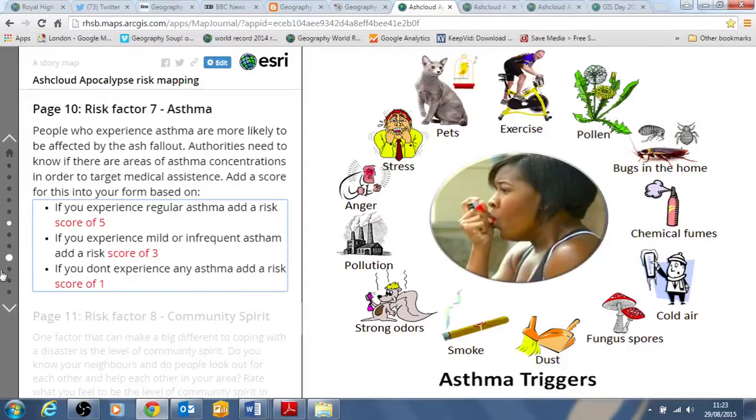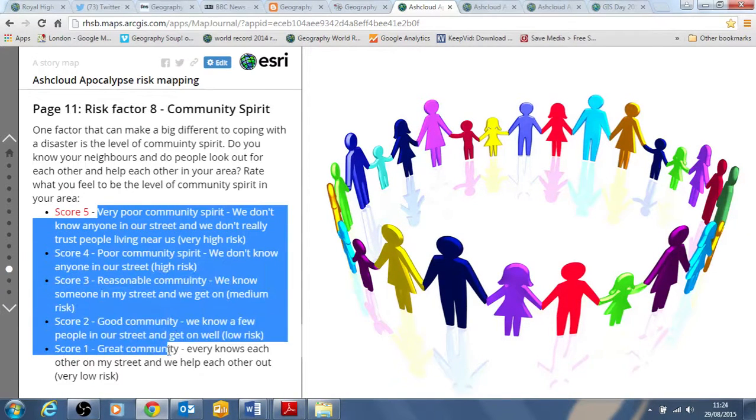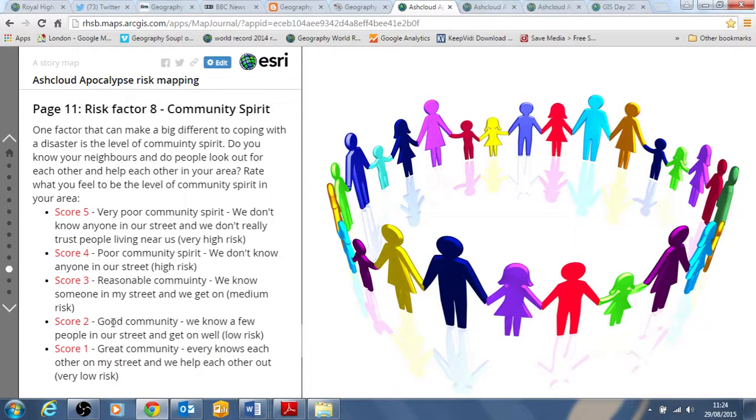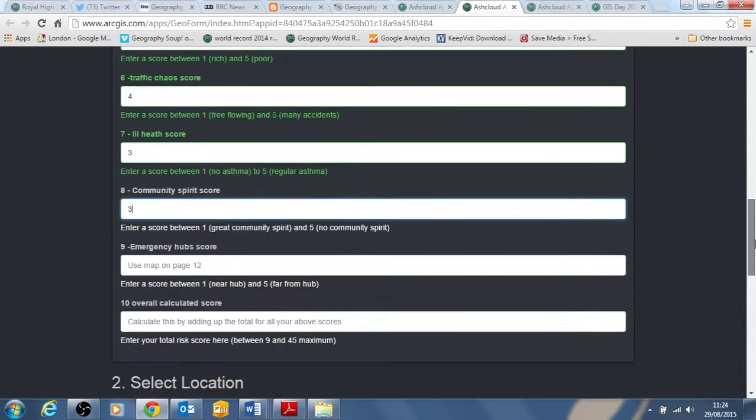And the next one is straightforward as well and has no map in it. It's your judgment of your community spirit for how people would help each other in your neighbourhood nearby. So you would judge it against these different criteria which you read through. So let's say you think you've got good or reasonable or poor community spirit in your area, and you'd give yourself a score accordingly. So let's go for 3 for example here. And then